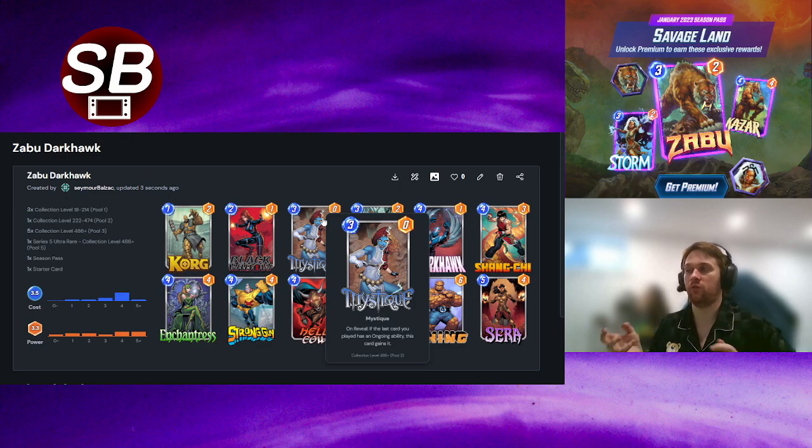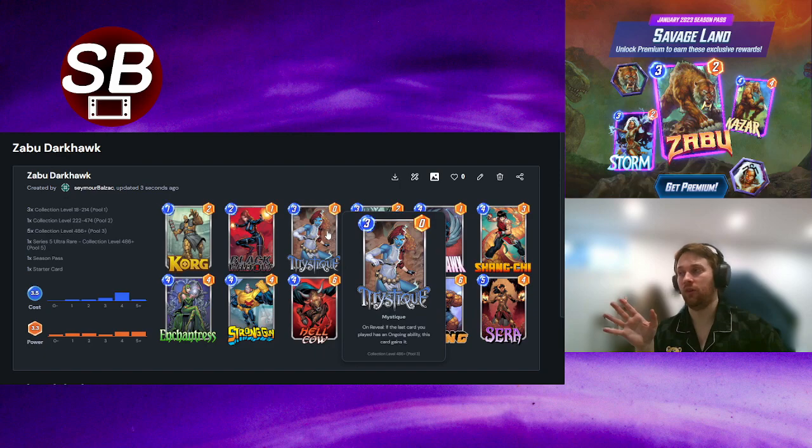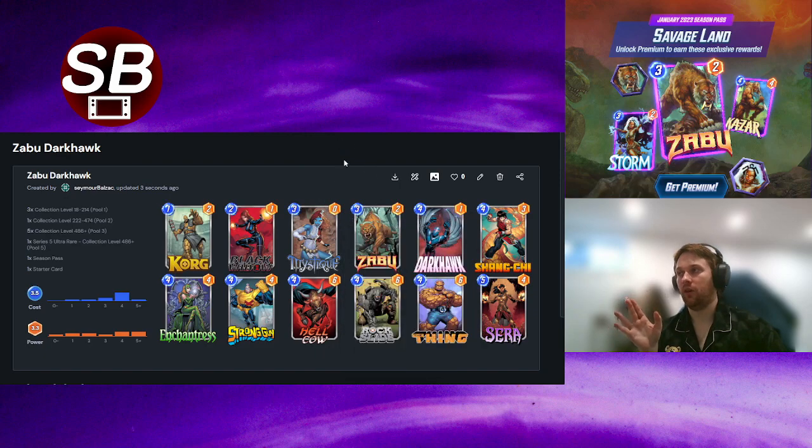And it adds some resiliency into the deck that that Shuri deck doesn't have. So I think that's why I like this deck better. Now, it's important to note if you find that's the main line you're having to take, the way this deck is designed, the main line is Darkhawk Mystique with a backup of Zabu Mystique. But if your main line that you're having to take because you're running into too many counters is Zabu Mystique,